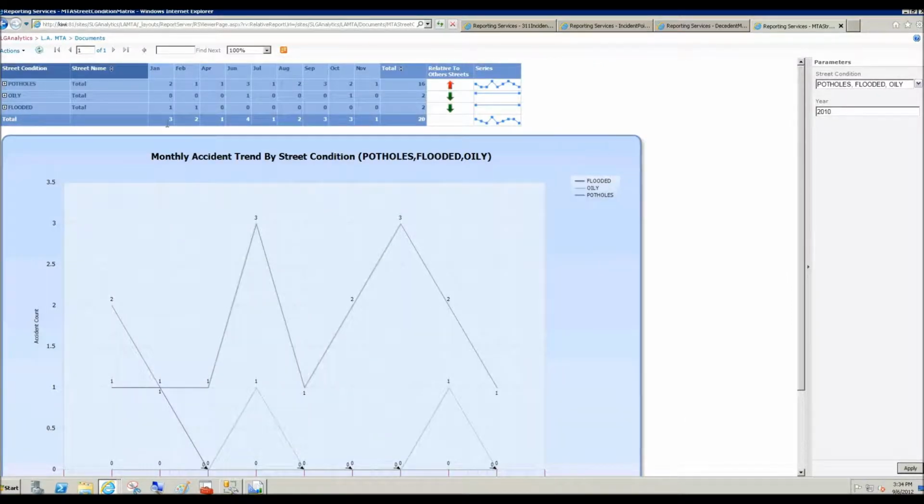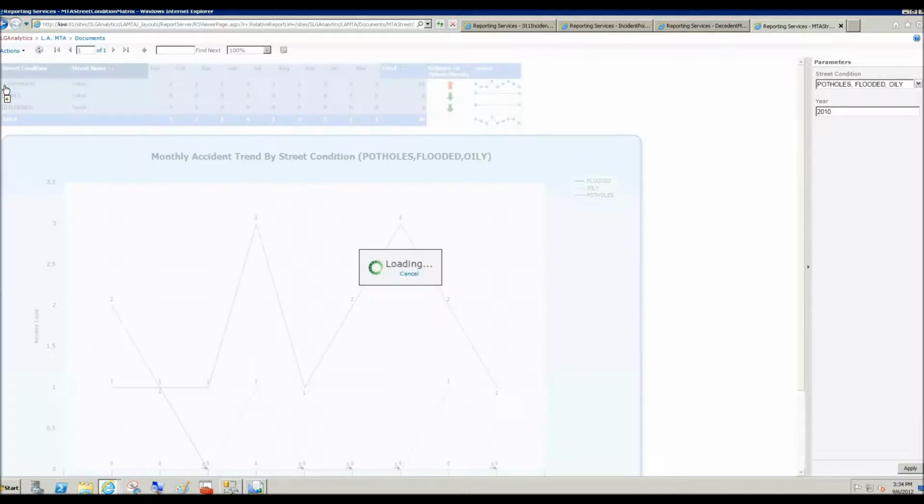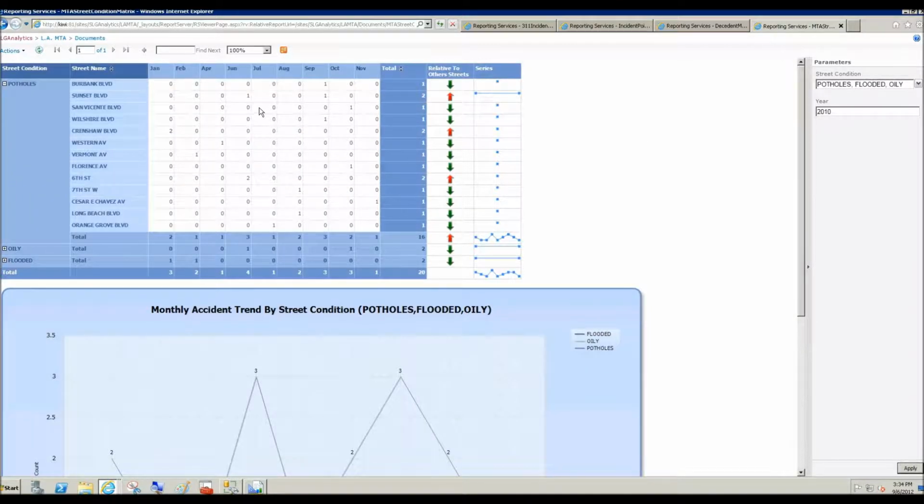And now we can see that from the indicator in reporting services, I can expand potholes. We can see that Crenshaw Boulevard has had 2 accidents reported in January. I can then click on Crenshaw Boulevard,